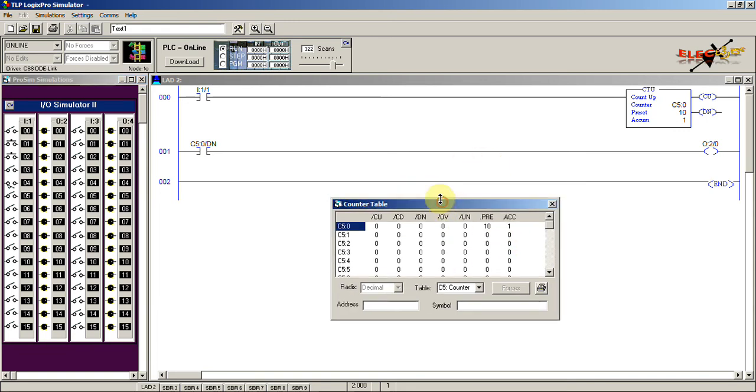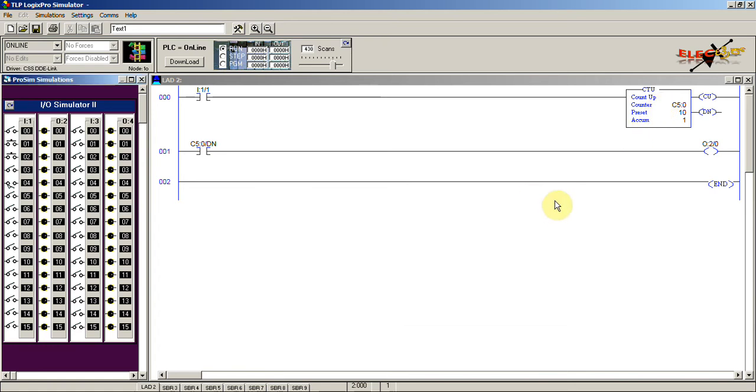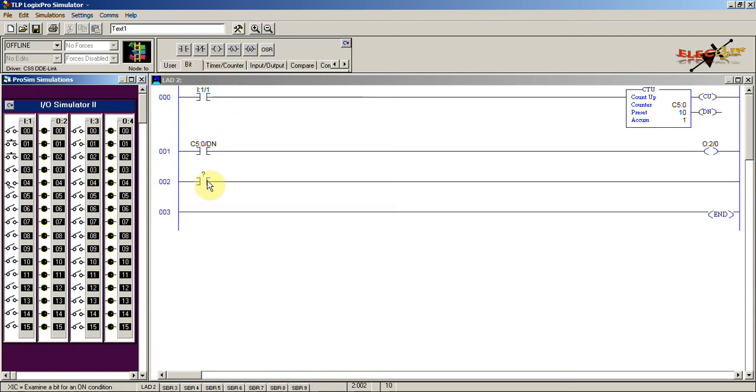Since the counter is a retentive type of instruction, one more instruction that we need to use is a reset instruction to reset the accumulated count of this counter to 0. For that we can use the reset instruction with an input, which is an examine if closed instruction.